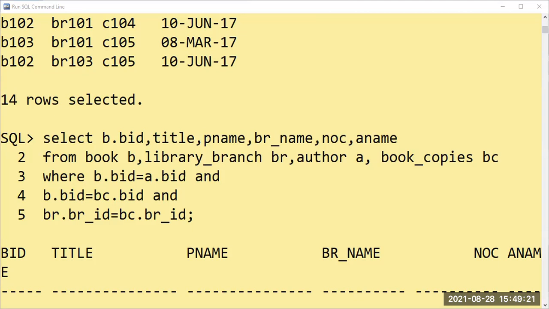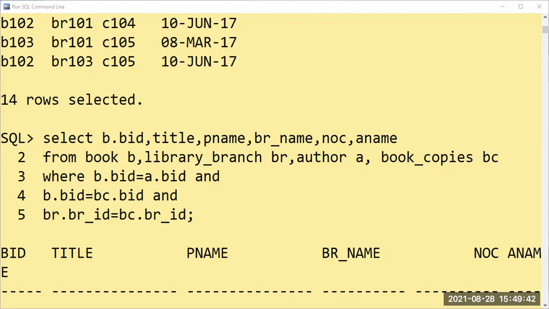Inside the book lending table, the fields are book ID, branch ID, card number, and issue date. They have said to add the due date beside this column.